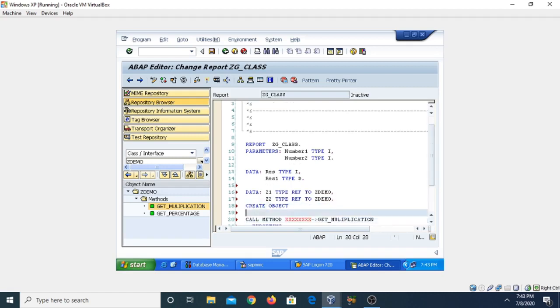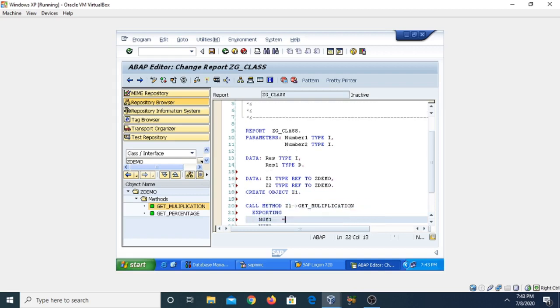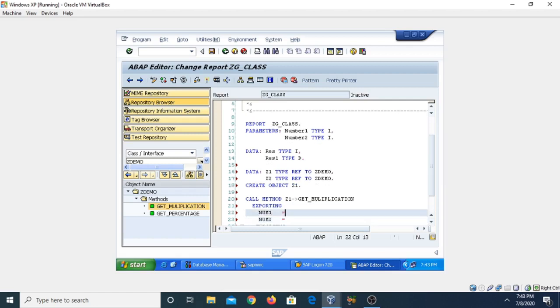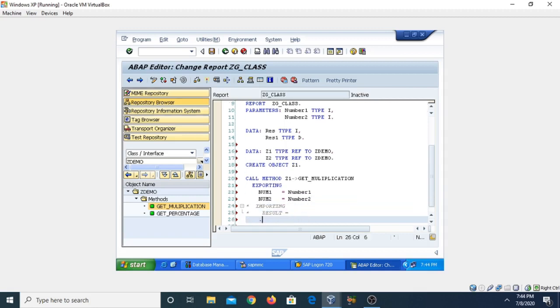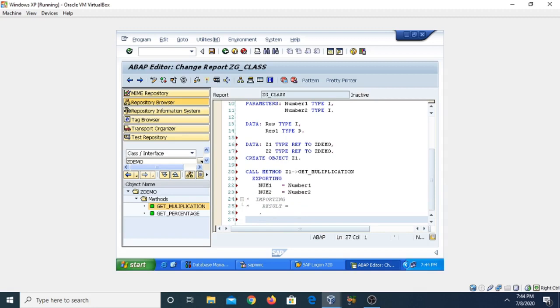Now we can create the object, create object Z1. To call the method, we supply the object name Z1, then it calls get_multiplication, number 1 equal to the actual parameter number 1, and number 2 equal to number 2. In this way you can call the method.